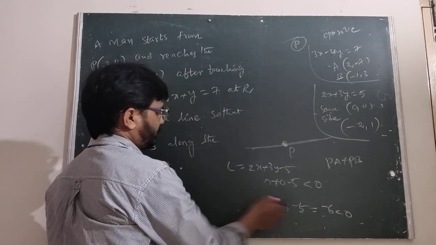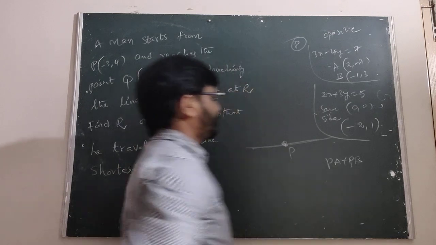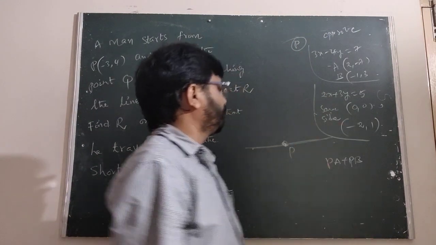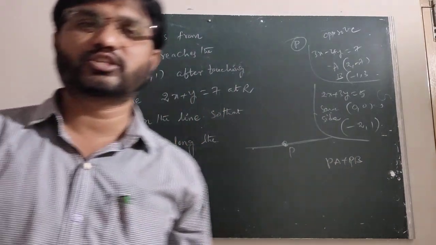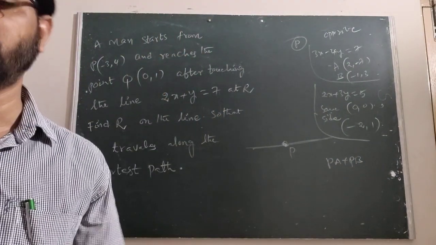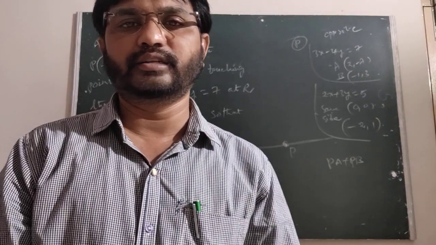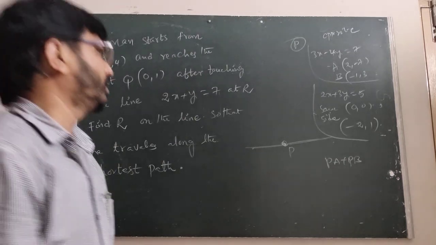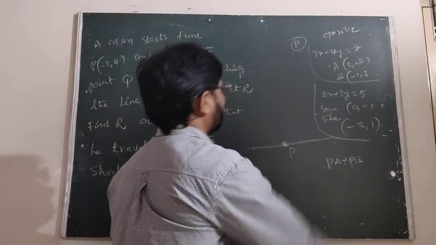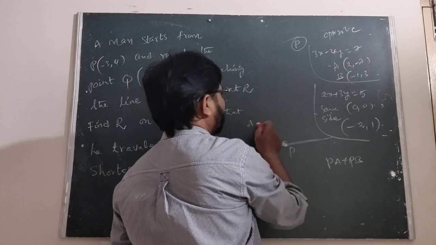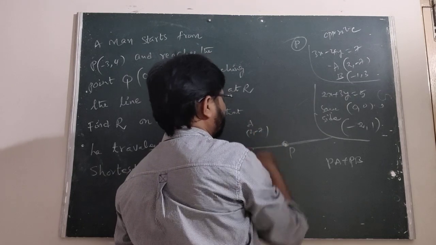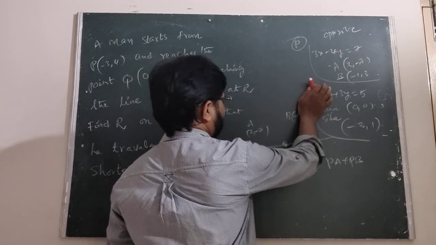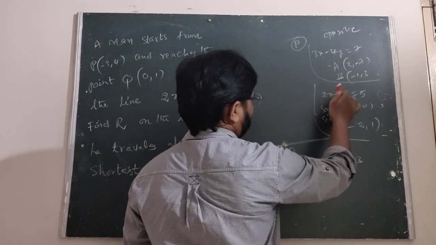Now discuss what is the minimum distance of PA plus PB in these two cases, where the points are on either side or on the same side. So we have to take two cases here. The first one is where the points are on either side. A is 2 comma minus 7, B is the point minus 1 comma 3. We take the first line, this one, same side.